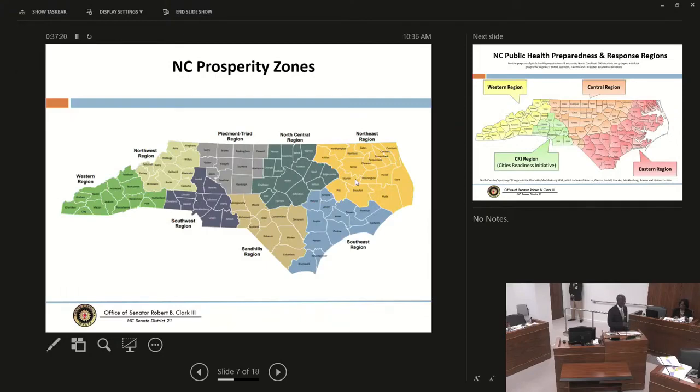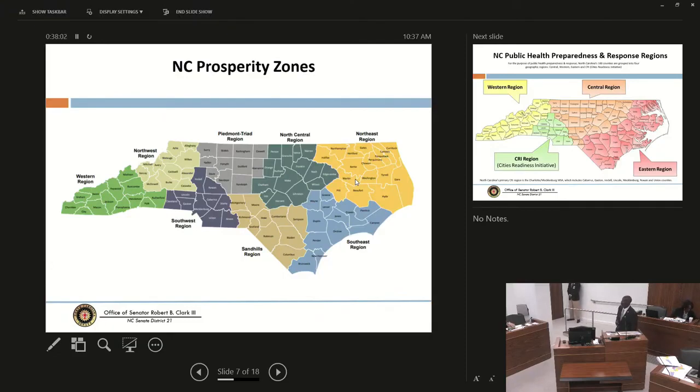So that being said, clearly I'm influenced by other things. Like I said, I've seen a lot of maps. But probably the 3 most important maps that I took into consideration as I embarked on the effort to do a congressional plan for the state of North Carolina are the 3 that we'll go over now. The first being the North Carolina Prosperity Zones. If you look up there, you see the state of North Carolina. As a matter of fact, this was done early in the McCrory administration when these zones were established. We have a western region, and surprisingly and not surprisingly, that looks like a tight, packed construction for a western district in the state of North Carolina.